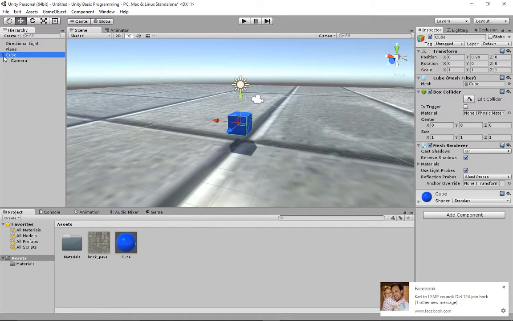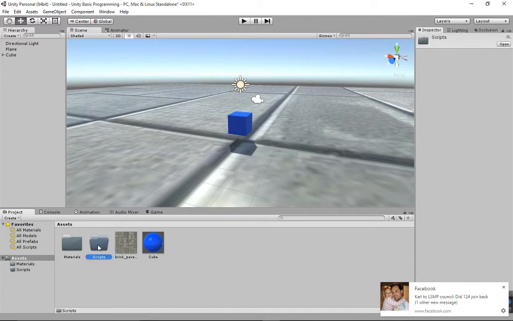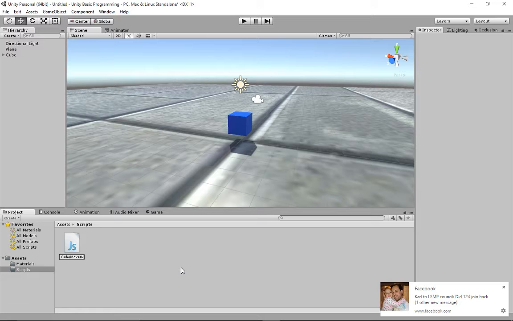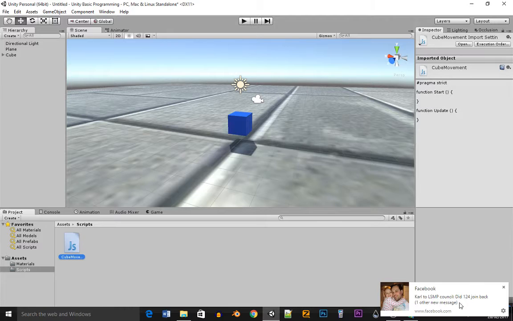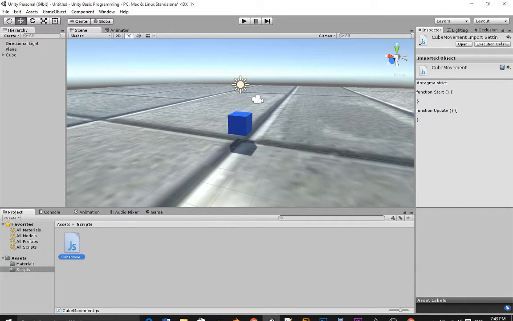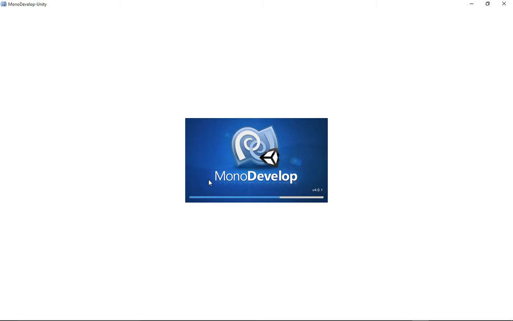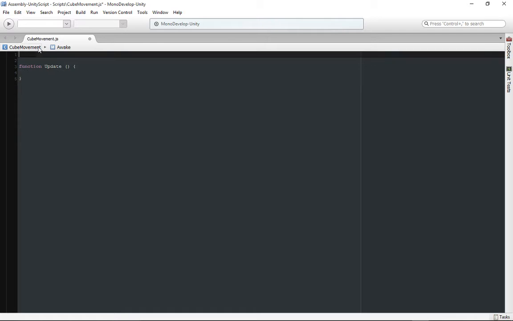After that is done, we can create a folder, say scripts, and the first thing we're gonna create is a JavaScript. Of course, we're gonna go into the C# and then do the cube movement. So let it open. It may take a few minutes. For the scripting, it has the default software built in, designed for Unity, so we can delete this function Start,